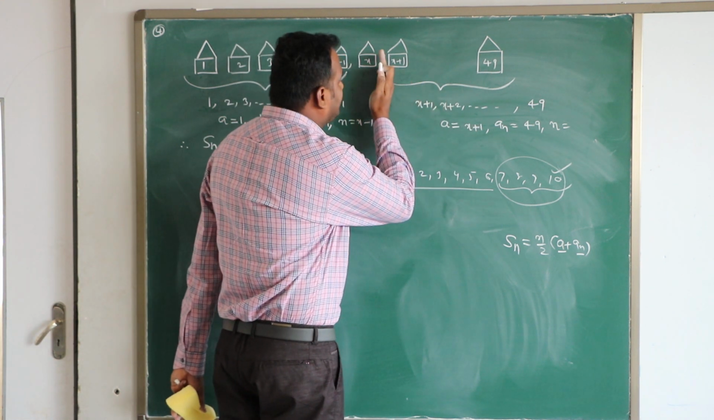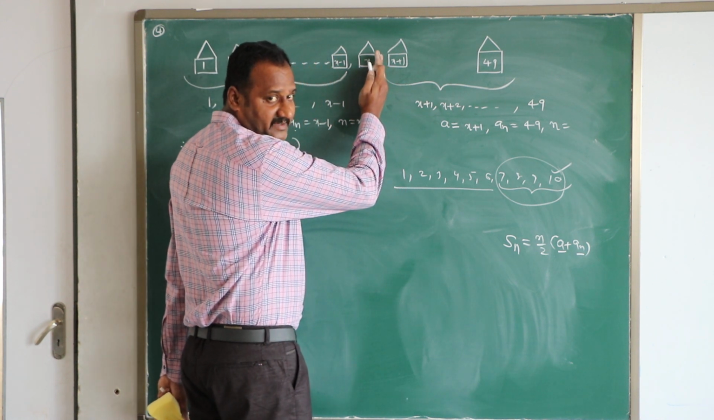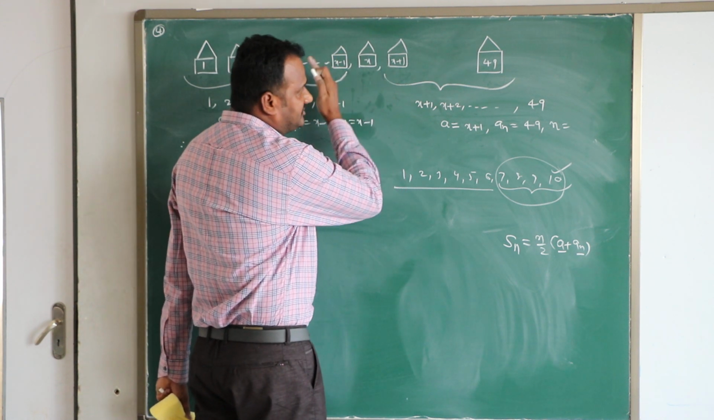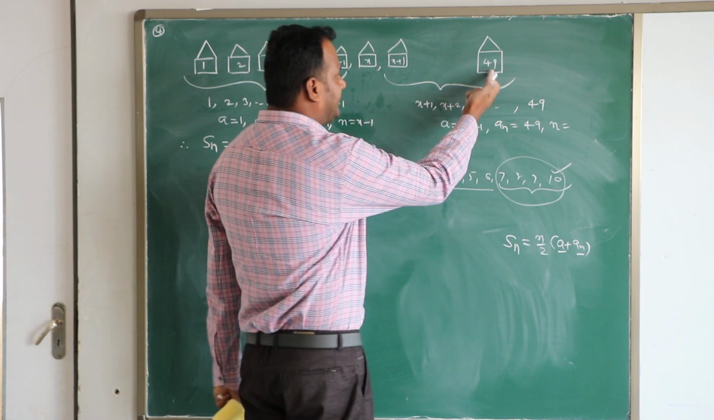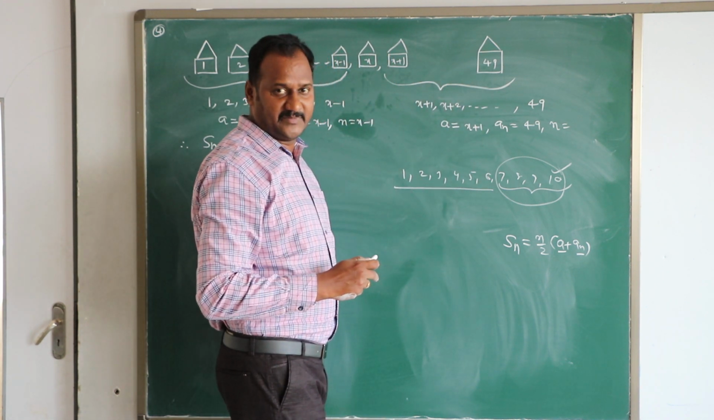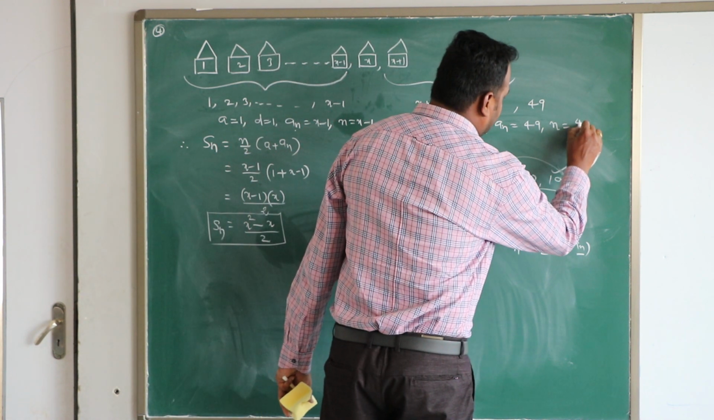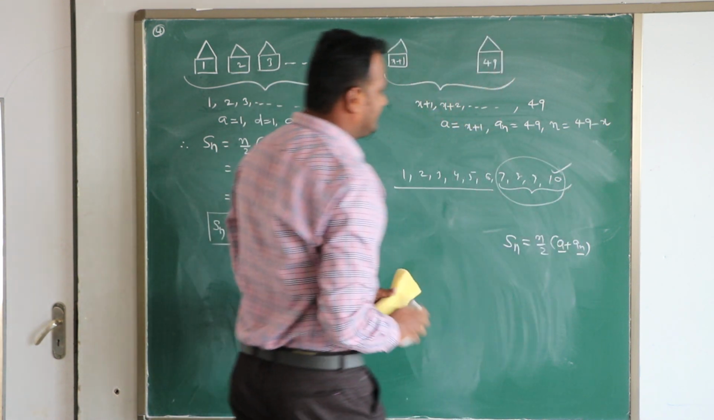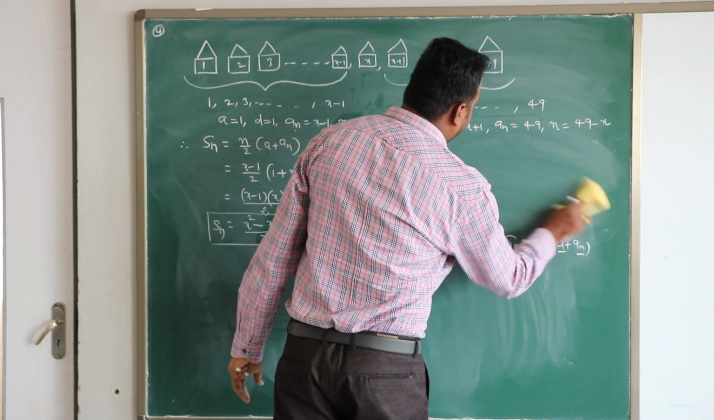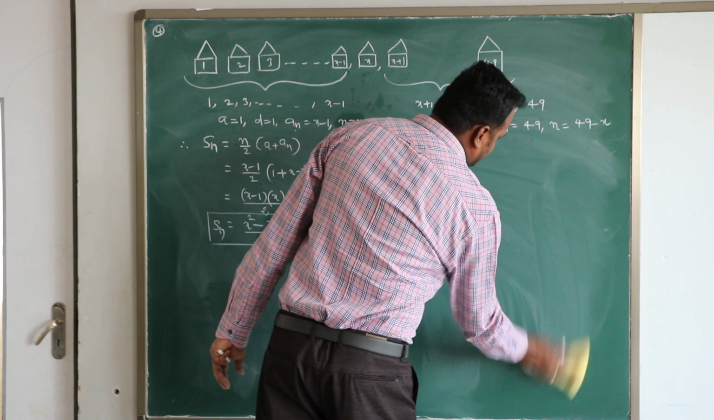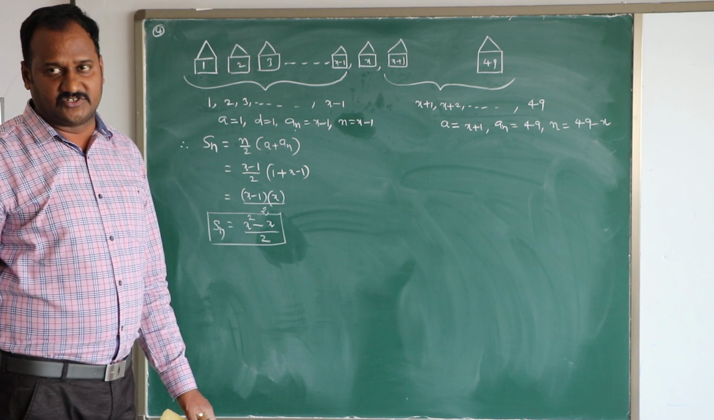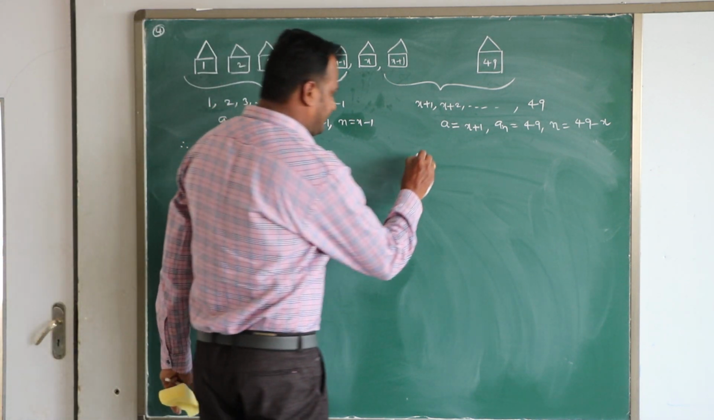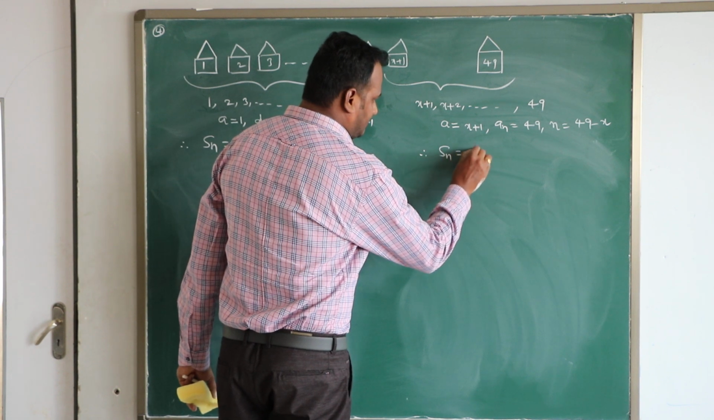So how many terms am I missing? x terms I am missing. So when I am missing x terms, how many terms are there in this arithmetic progression? 49 minus x. Am I clear? So n is equal to 49 minus x. So with the help of this a, an and n, again by using Sn is equal to n by 2 into (a plus an), I can find the sum of those terms of the arithmetic progression. So therefore, Sn is equal to, again